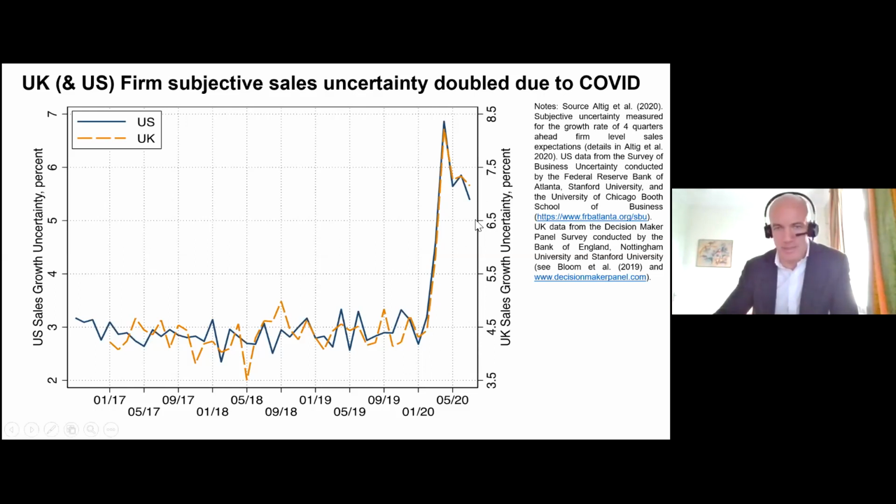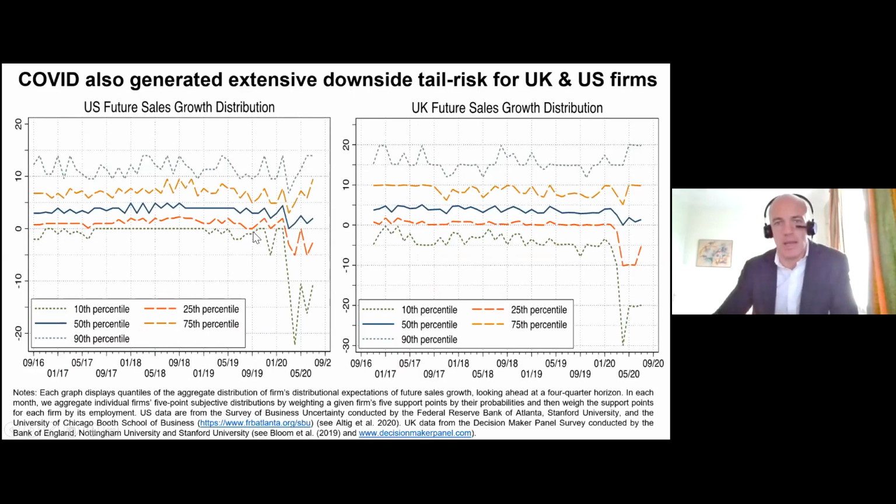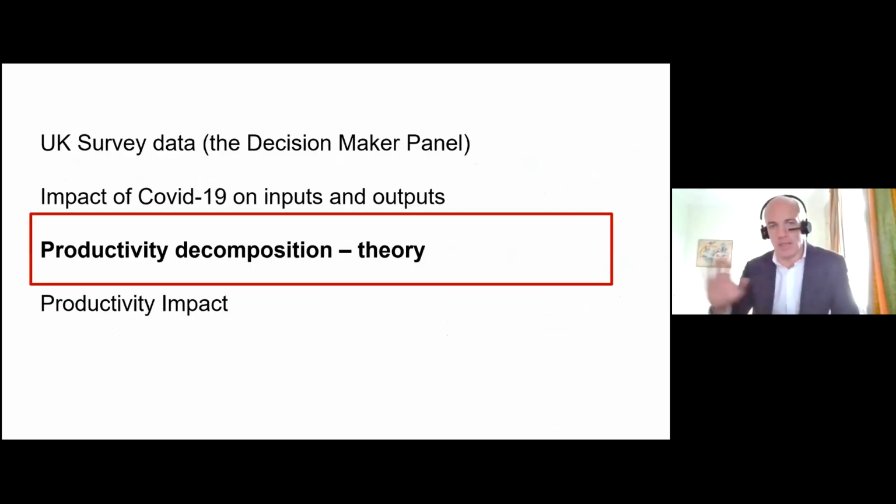You can see that the pattern in the US is very similar indeed. And that this is mostly in the form of the left tail of the distribution moving out to the left. So you can see here that the lower percentiles of realizations are the ones that have been affected the most. I mean, there are some firms that seem to be, and again, this is probably unsurprising, the very top of the distribution may even have gone up slightly because of COVID. There are some firms that are doing better than they would have done because of the situation that we're in. So that's a headline of some of the